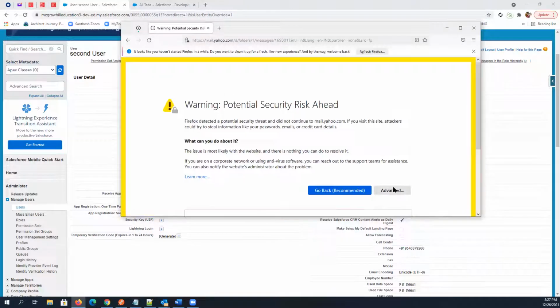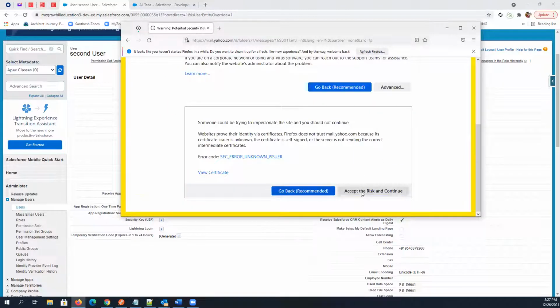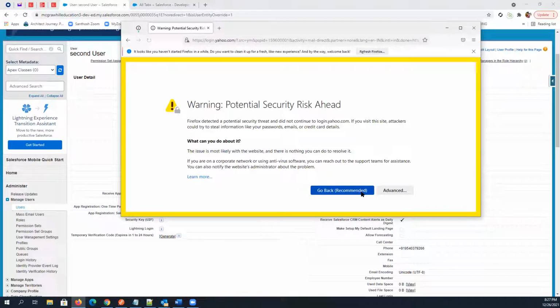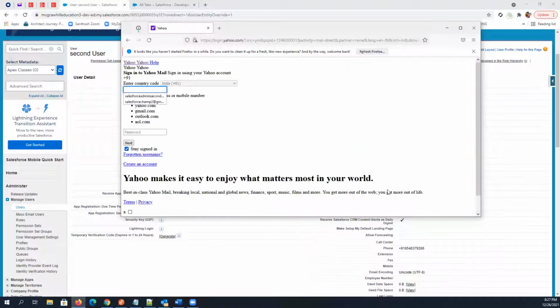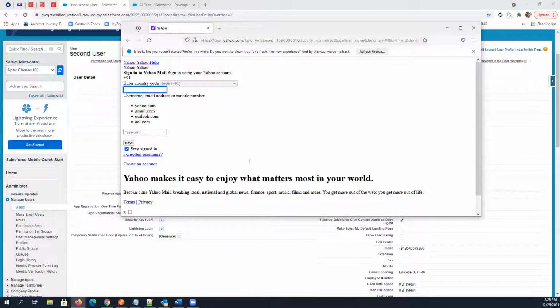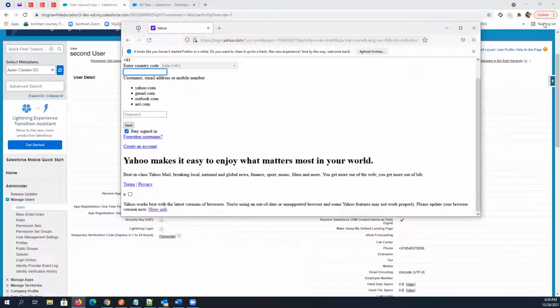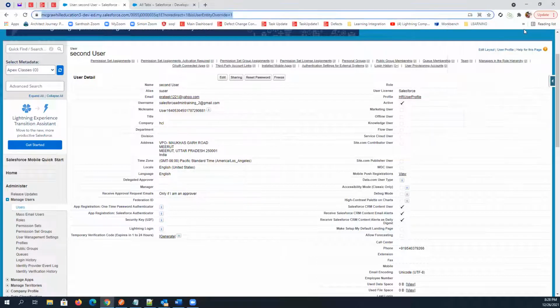What's this? Accept. What is this? Why is it giving an error?